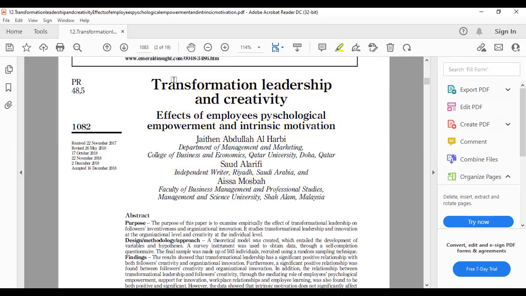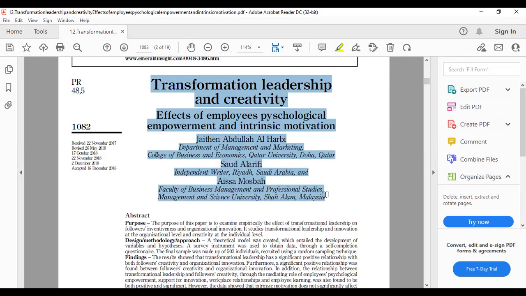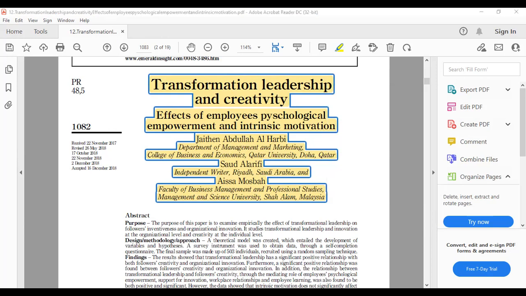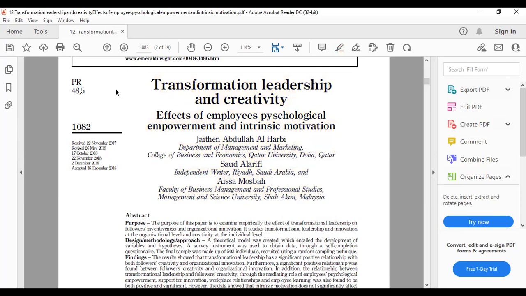And here the following information you can copy, Control C, and paste it here.